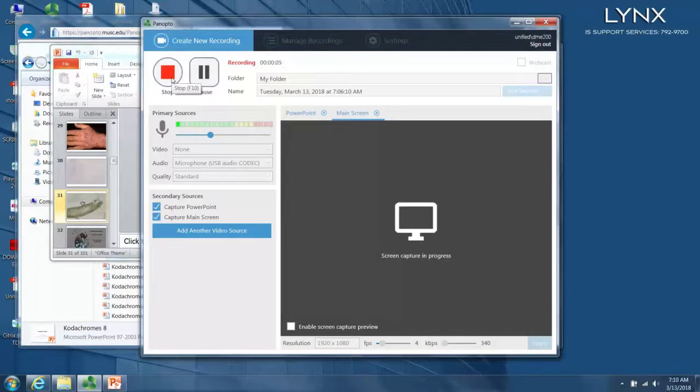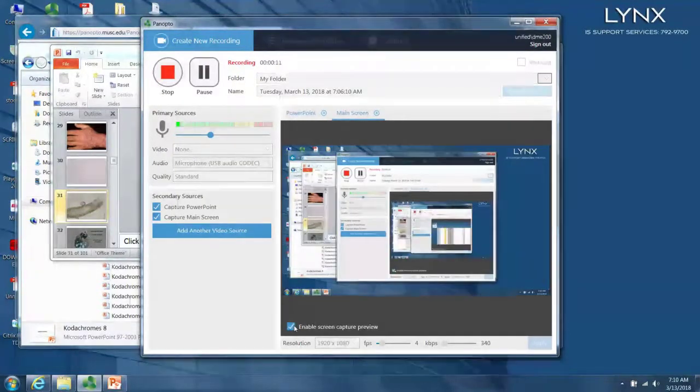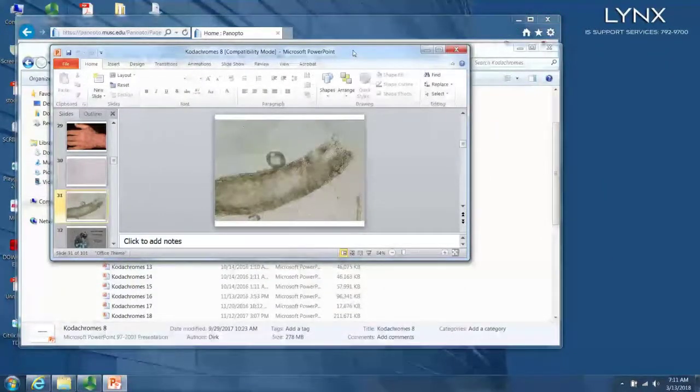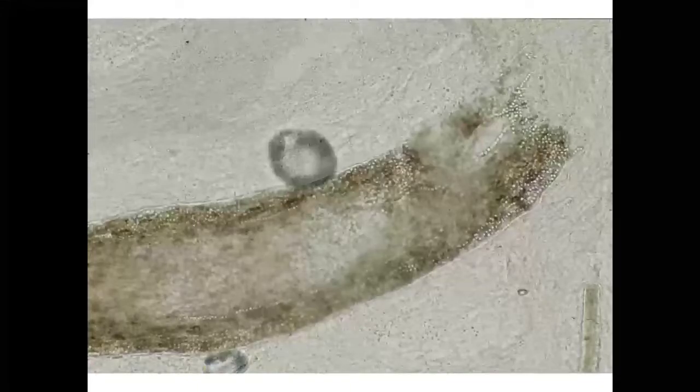You could click maybe the screen capture tree. Maybe that would pop up there. Okay, I think we are actually recording. Okay. So,